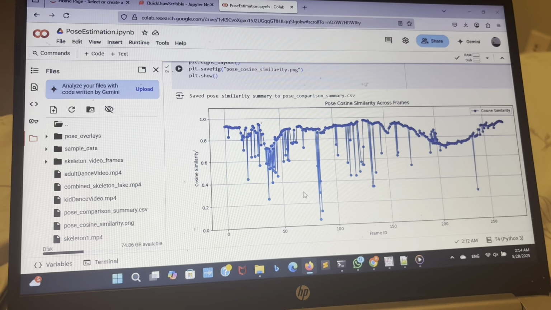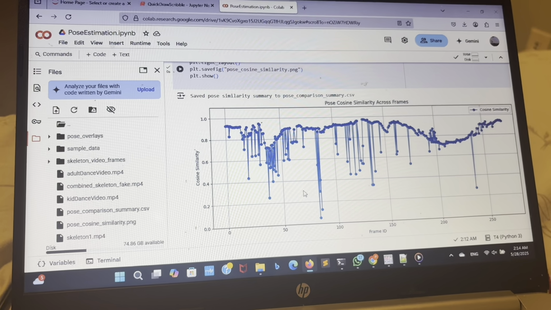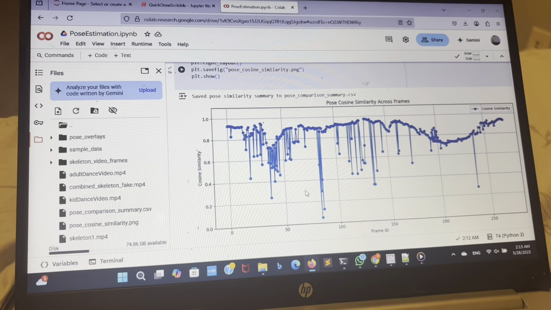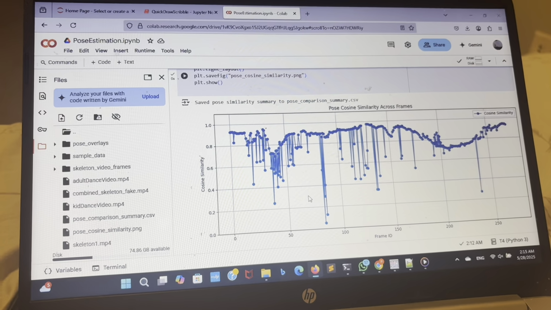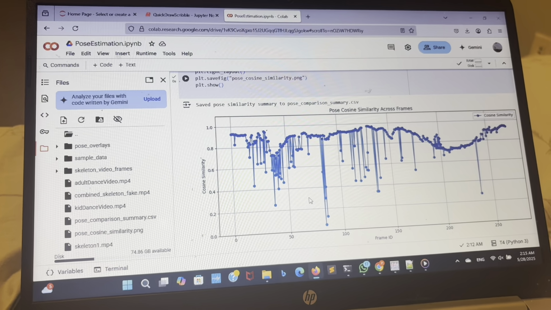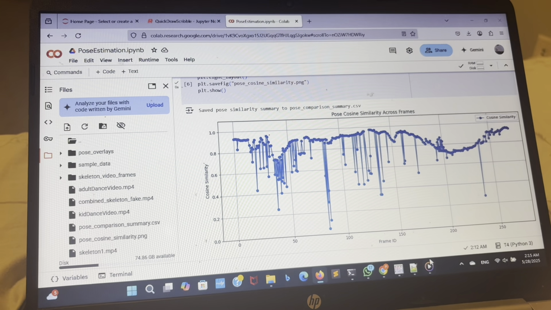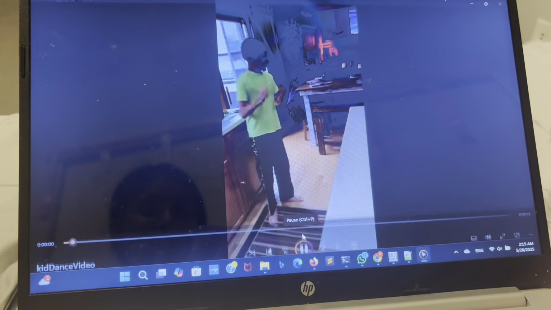This is the first part of my project, which is pose estimation, in which I will try to analyze the movements between an autistic kid and a normal adult. For this step I have taken two videos. In the first video there's a kid who is dancing, and in the second video there's an adult who is dancing. So this is the video of the kid who is dancing,